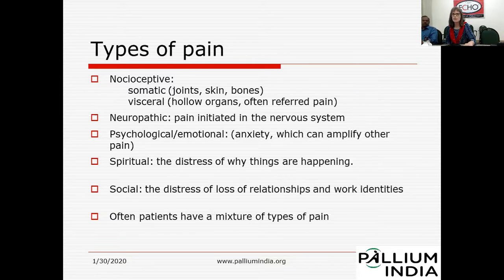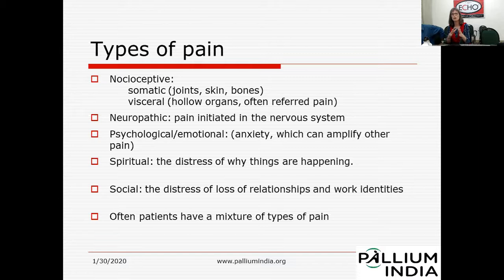Also, visceral pain, which is pain from hollow organs, is often referred. So the pain of a myocardial infarction is a visceral pain. Menstrual cramps would also be a visceral pain, often poorly localized, whereas somatic pain is very easily localized. People can say, can you point with one finger? Often when somebody can point with a single finger, I understand that to be somatic pain.